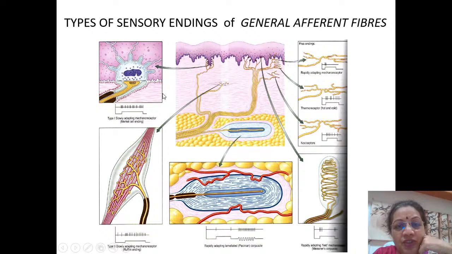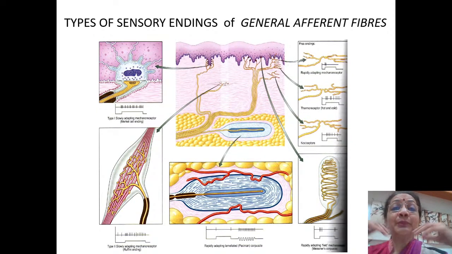Now this is a section of skin. You can see this is the epidermis. I think you have studied this enough number of times. And this is the dermis. The epidermis, at its junction with the dermis, seems to have a whole bunch of nerve endings, which is common sense because your skin is one of the most sensitive parts of your body. It's an extremely important and the biggest sensory organ that you have. For that sensation to happen,